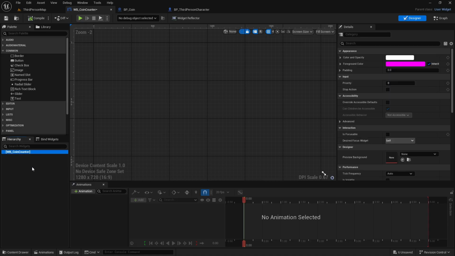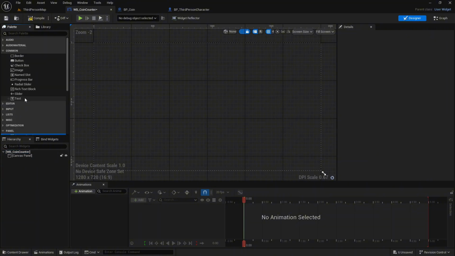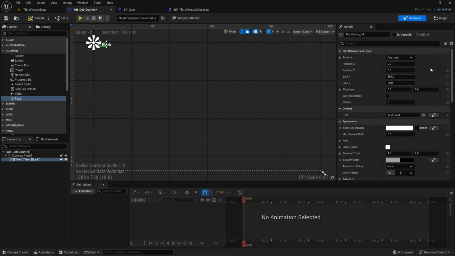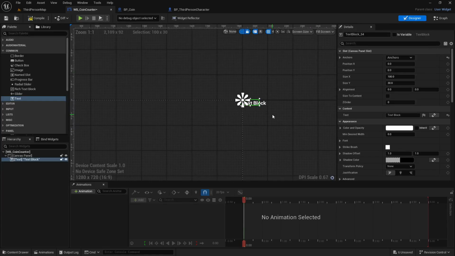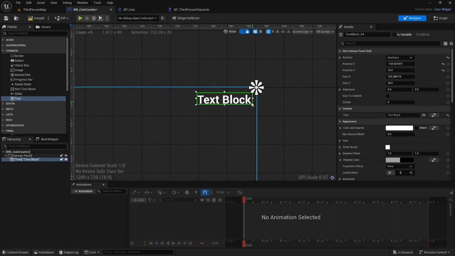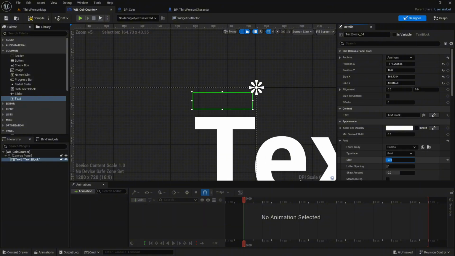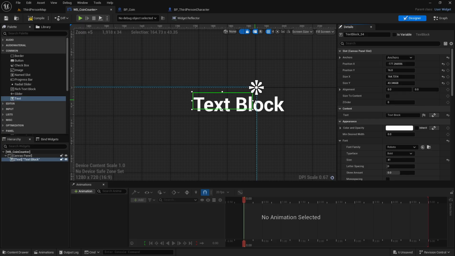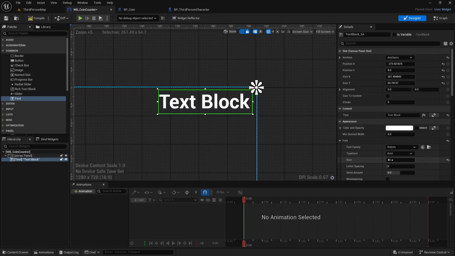Right at the top, as you can see, we've got a canvas panel, so head to panels, canvas panel. Then we want a text box in the canvas, and anchor it top right, like so. I really don't know how big, let's say like that. So call it 40. Compile, save, and let's name this text box